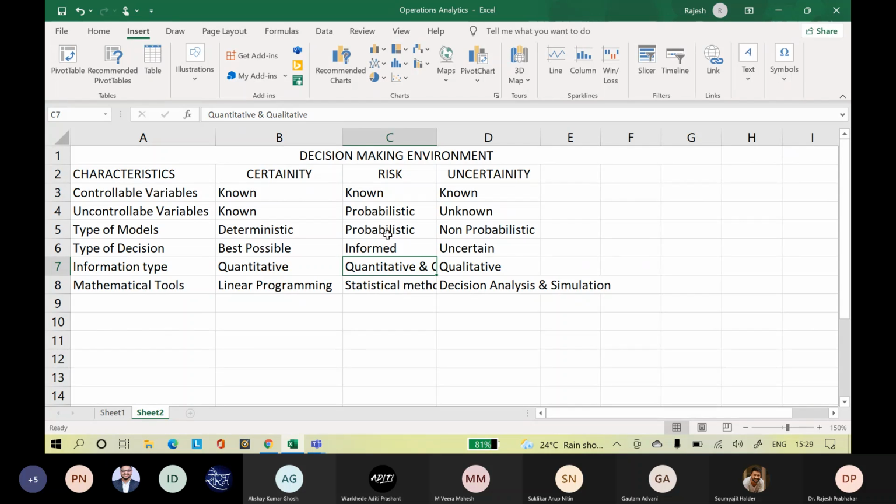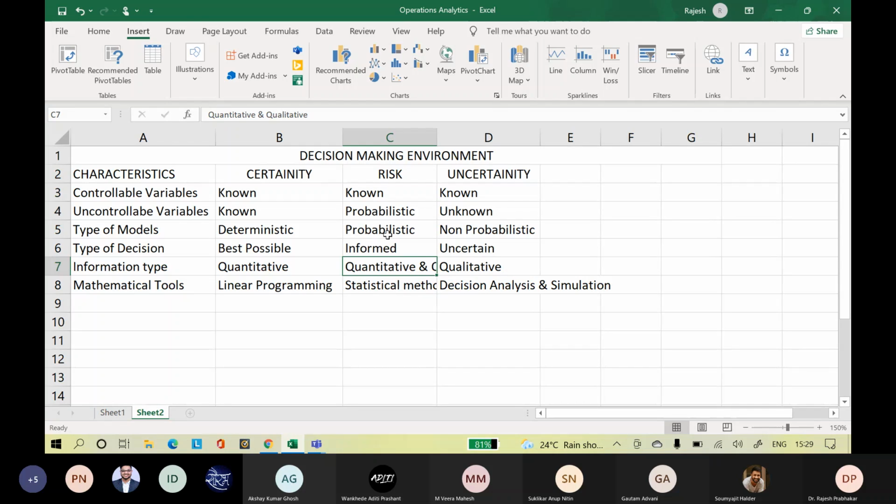Whereas as you go to the top levels, where you have to make decisions like setting up a new factory, or expanding the existing factory, or doing joint ventures, or getting into contract manufacturing, or any other such decisions which involve risk and uncertainty, there you need to be very, very careful. So the three types of decisions you make in operations are decisions under certainty, decisions under risk, and decisions under uncertainty.